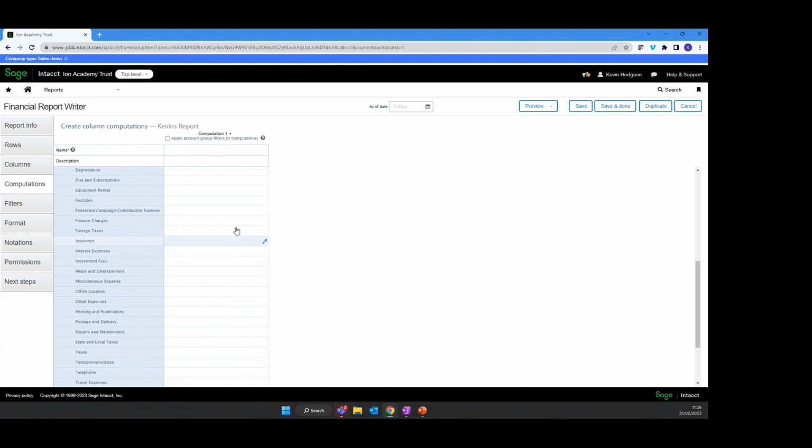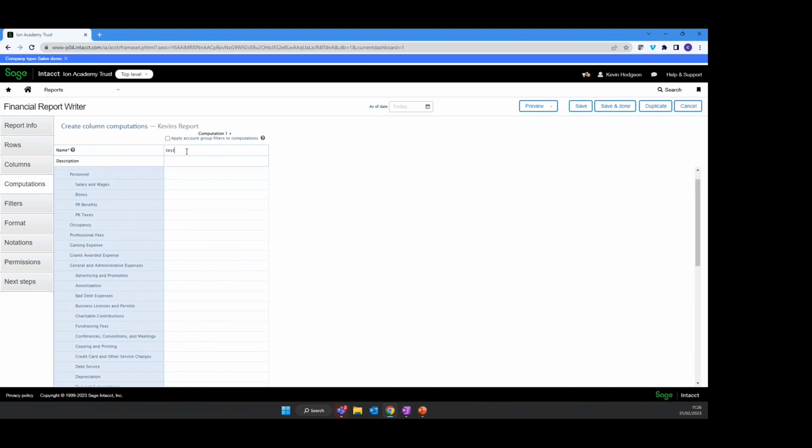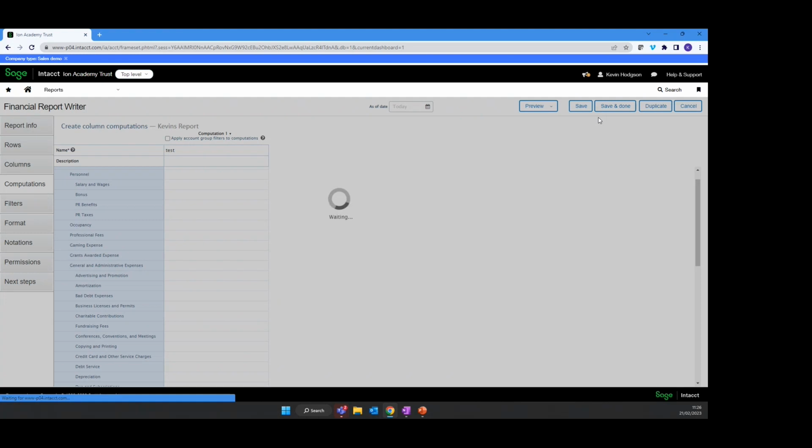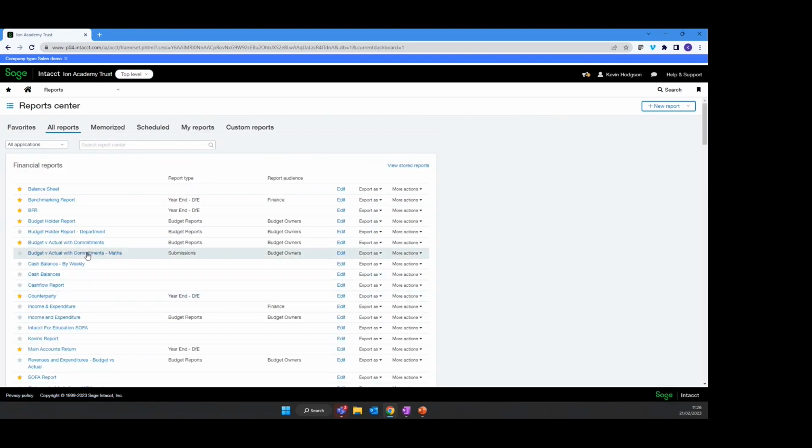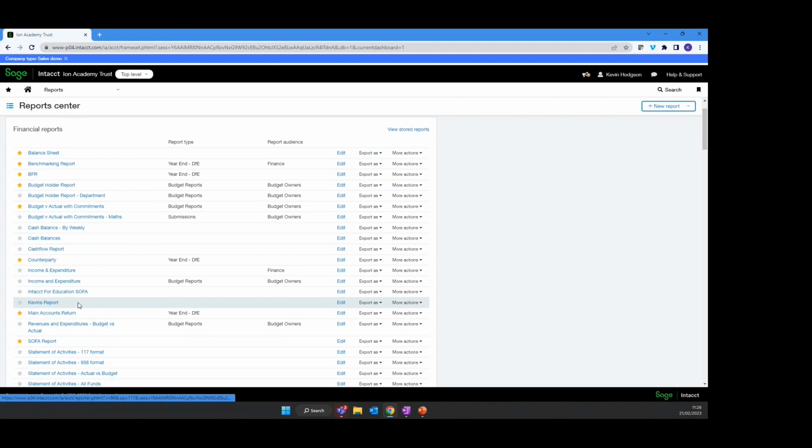Doesn't like something there, thinks I've added this. I'm just going to put text in there. Thinks I added a computation when I was in the settings before. Hopefully that'll work, yeah. So now we've got, so one thing having the reports within the system, displaying them,